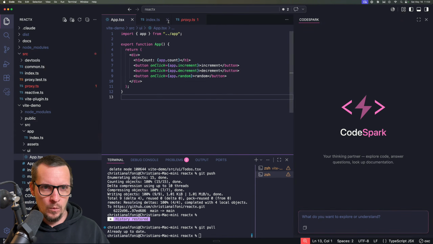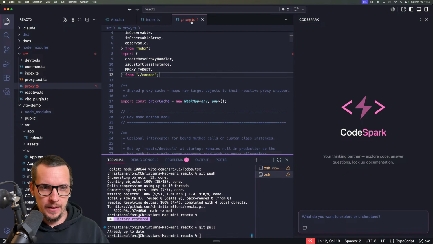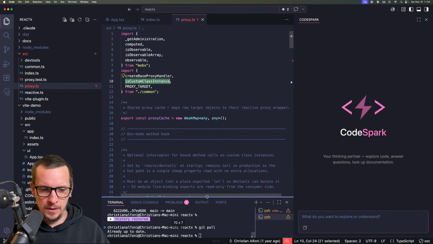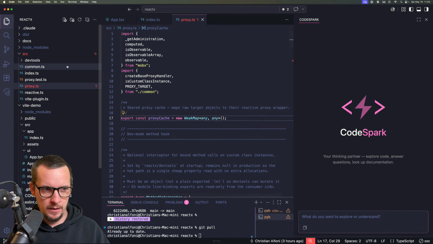And what I thought we could do here is to actually do some coding. And we're actually going to re-implement the proxy because I've had a couple of rounds and